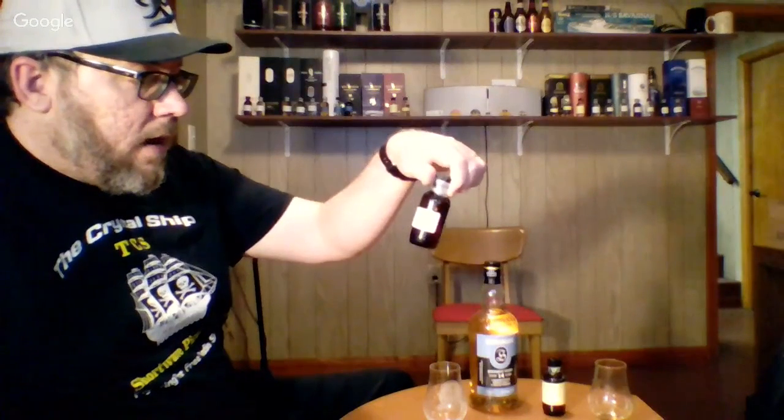I mean, I do like a Glendronach. I have not been disappointed by those guys. The peated, straightforward peated was good, 12, 18, 21. I know they get pricey when you get up to the 21, but